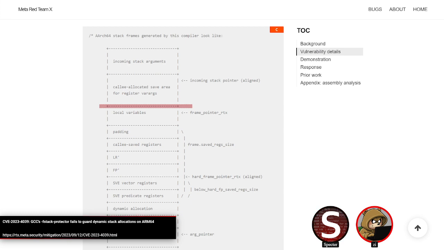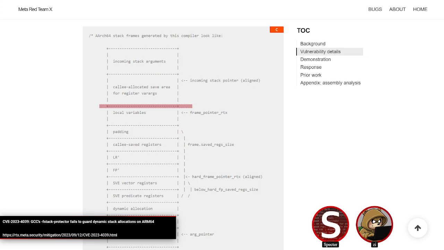Undefined BH mentions alloca is already a code smell in general, and yeah, absolutely. There aren't a lot of good reasons to be putting dynamically sized stuff on the stack in the first place. I mean, there is when you want to do malloc-less code and stuff. There are some performance reasons because obviously it gets freed in a sense when you leave the function. So there are some benefits to it, but generally speaking, you just wouldn't expect to see code written that way. But yeah, definitely a code smell when you see it.